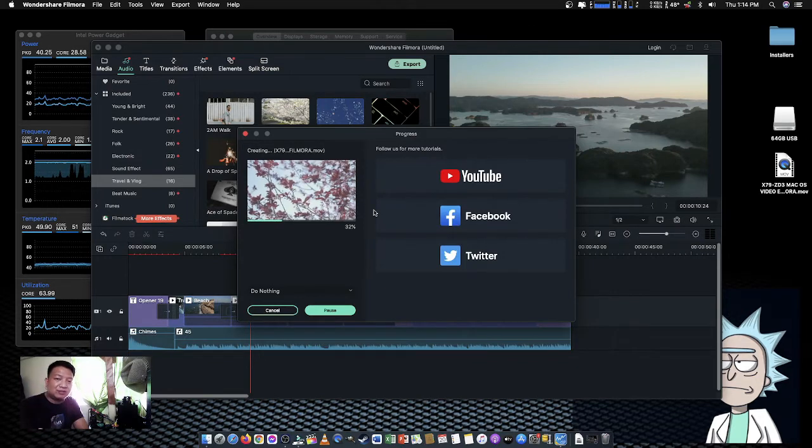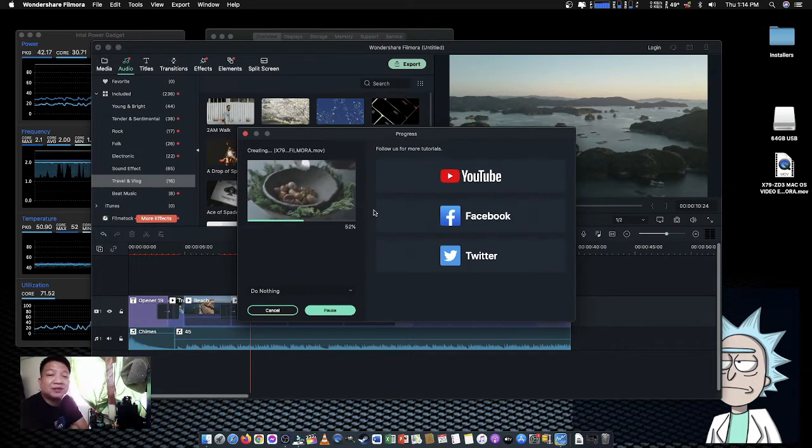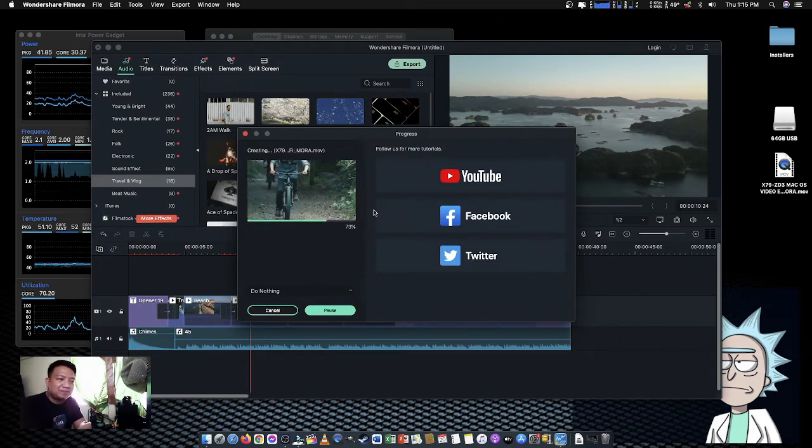Not the fastest video card that you can use. But if you are on a budget, yep, NVIDIA GeForce GT710 is good enough. It's okay. But if you're planning to play some games using NVIDIA GeForce, yeah, you can see it's impossible for you to play a game using NVIDIA GeForce GT710 on a Mac operating system. Okay, so as you can see, almost done with the transitions and everything. Okay, and